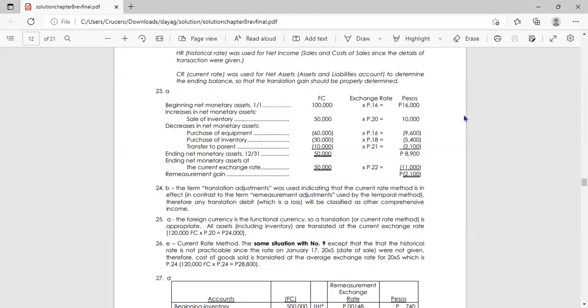Therefore, cost of goods sold is translated at the average exchange rate for 20x5, and the average is 0.24, and we multiply it by 120,000. So that gives